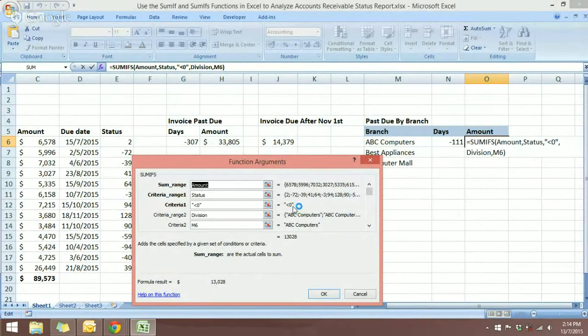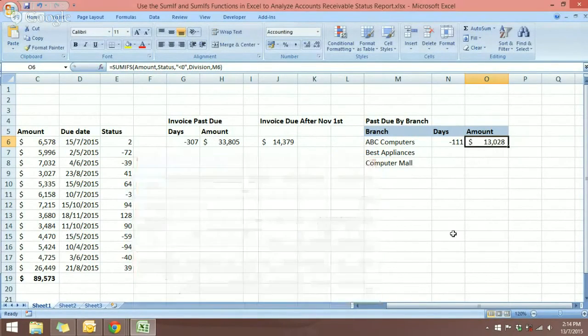We want to have in the status name range less than 0. Okay, this is all the things. So the amount that we get is $13,028. So of all the invoices that have been paid prior to today's date, we have already paid